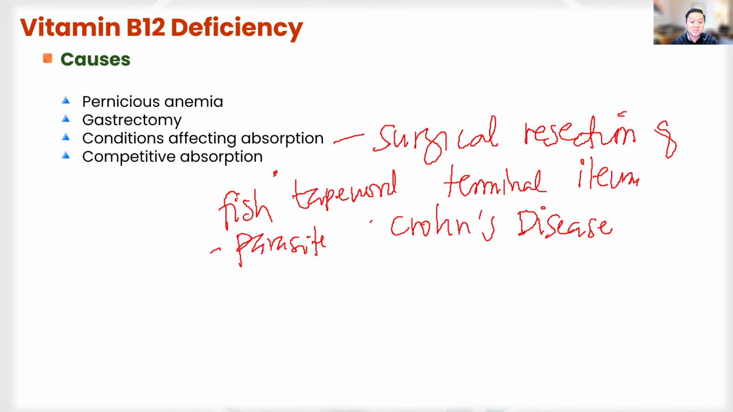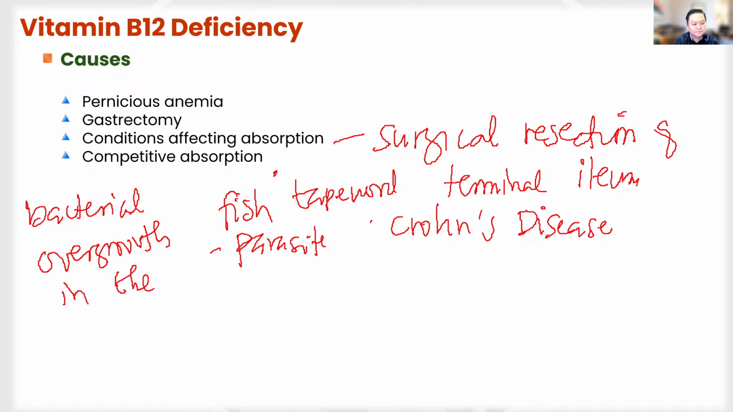bowel loop syndrome. Basically, this is going to be another factor which can lead to the overgrowth of bacteria in the intestine. Okay, bacterial overgrowth in the intestine. So this can compete with the absorption, and with this kind of vitamin B12 deficiency, we refer to this as the